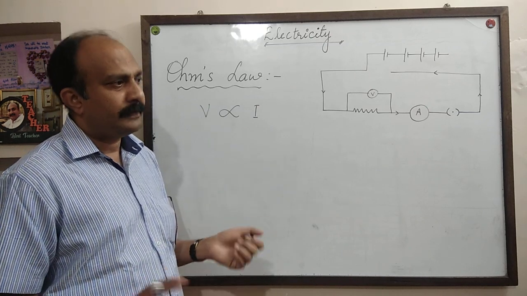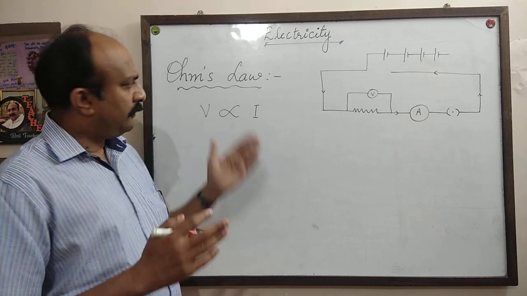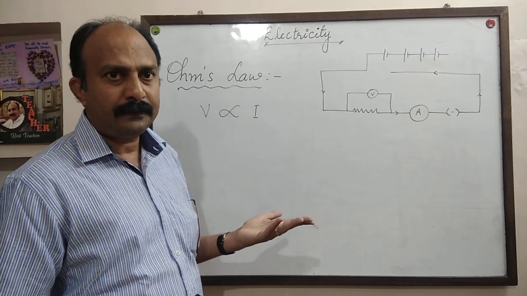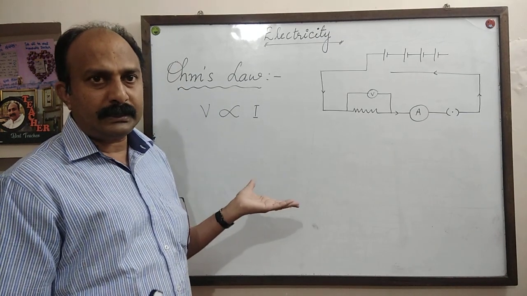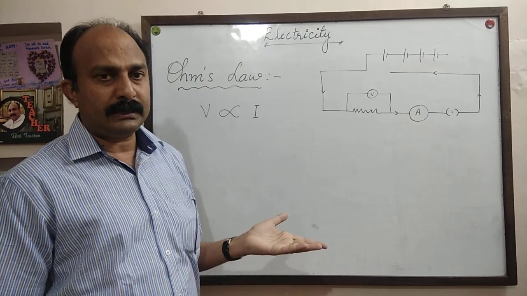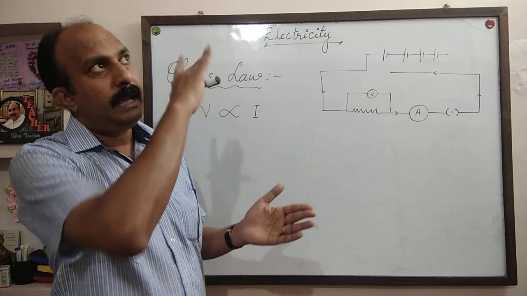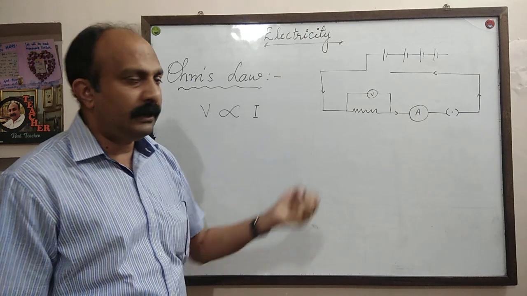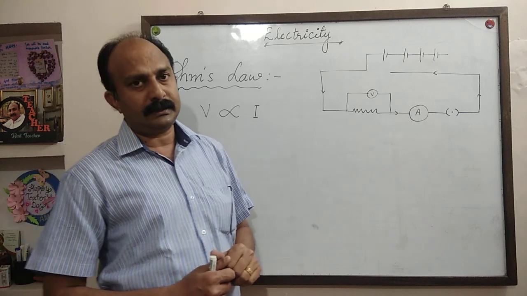This is a very simple thing, and you can see it in our daily life, in our home also. For potential difference, in our common language we use another word called voltage. All of you know that when voltage increases, electric current also increases. The illumination, the brightness of the tube light and bulb also increases. It is just because when V, potential difference or voltage, increases, the amount of electric current flowing through that circuit will also increase. When potential difference V decreases, the amount of electric current in that circuit also decreases.